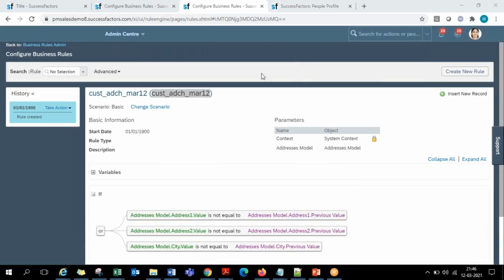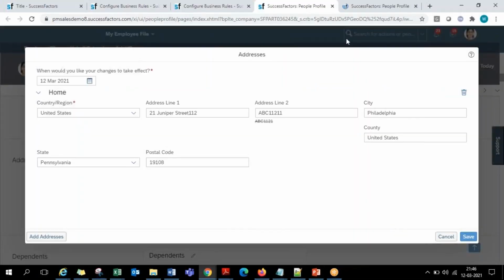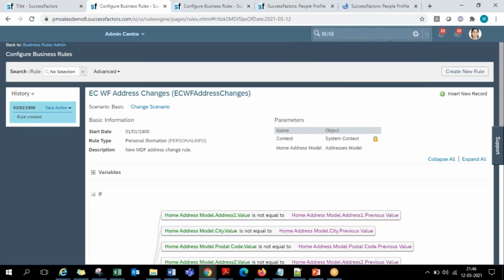That is the third step. You are required to link the rule with the particular portlet. Linking a rule to a portlet means, portlet related configuration you find in the manage business configuration. There we are required to link it. For example, if I open business configuration, it is the place where we get the address portlet related definition.